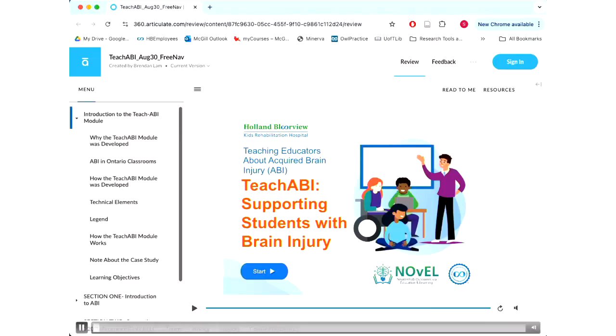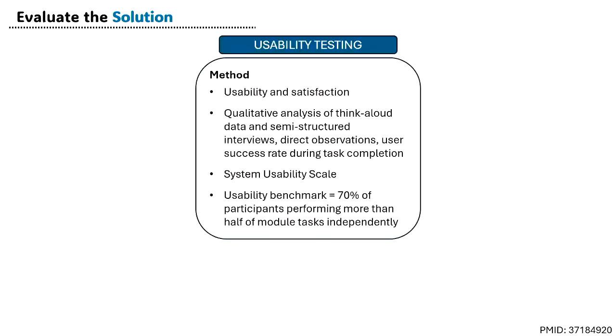Sorry, went the wrong way. So after we build something, you need to test it. You need to make sure it's usable for people, and you need to iterate through these different stages to change whatever program you've developed. So we did some usability testing early on. And we were looking at satisfaction and usability with this type of program. We did multi-method, so there were some qualitative pieces, some quantitative pieces, and we used a system usability scale.